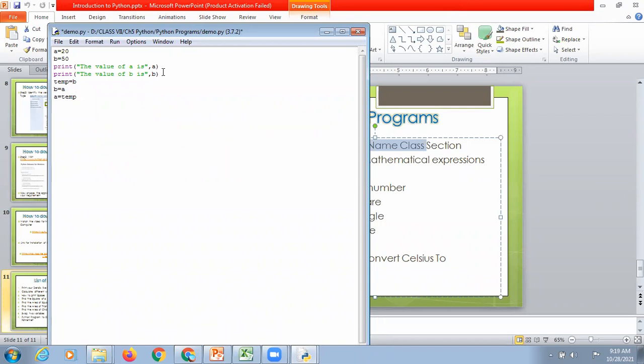So this is how we can swap the values. For swapping, you need a temporary variable where you will be storing any one of the values, right? So now we have to print after swapping.